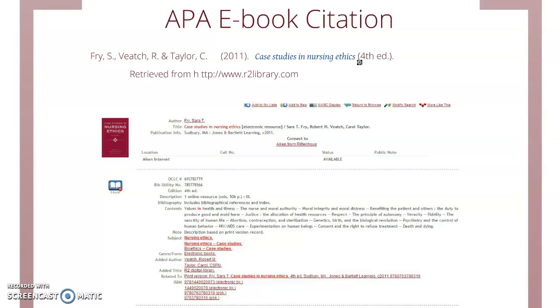Make sure you articulate the edition of the book that you're looking at. Follow that with a period. And then for electronic books, we need to find the publisher's homepage. We put retrieve from and then the URL to that publisher's homepage. What you'll notice with APA 6th edition is that you are not to have hyperlinked URLs, so make sure you